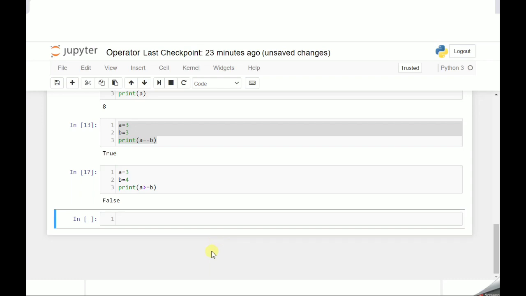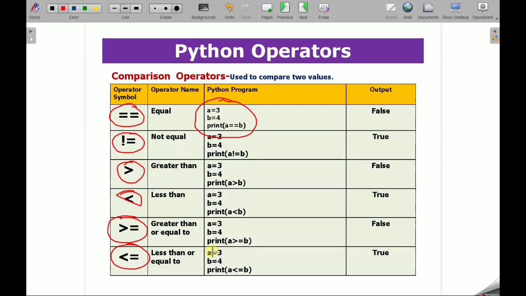So as per the values stored inside the different variables, you can perform different operations related to those values. They can find a relation between these two. So which relation is true? That will be true if the condition is satisfied, otherwise it will be false.